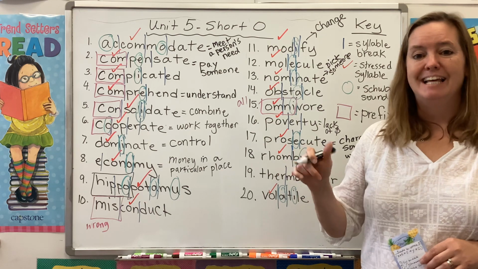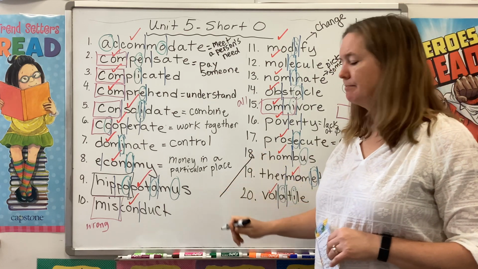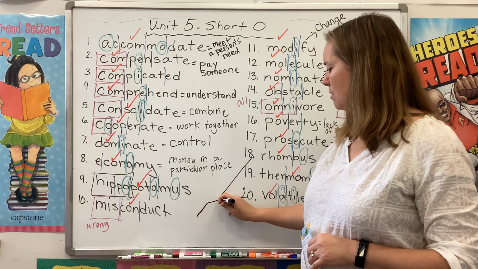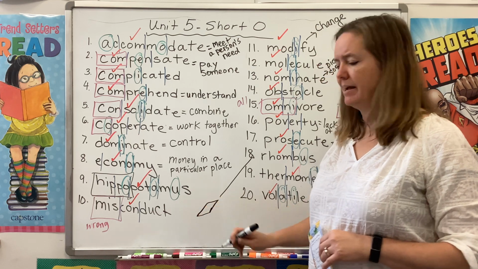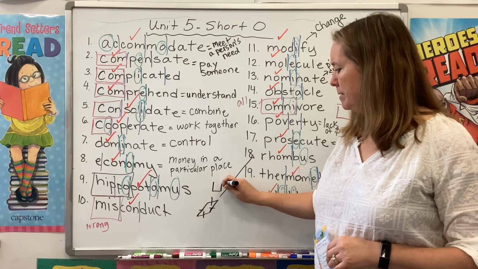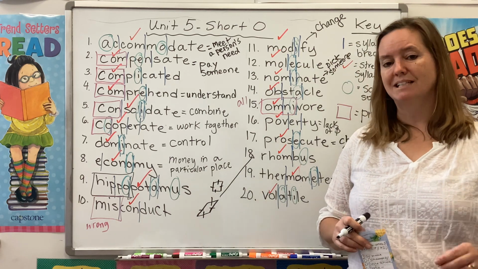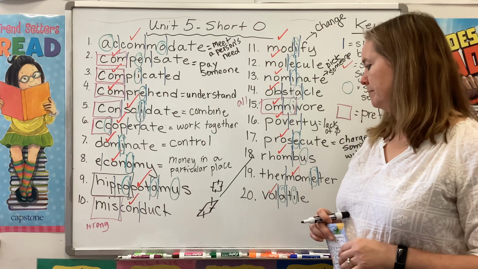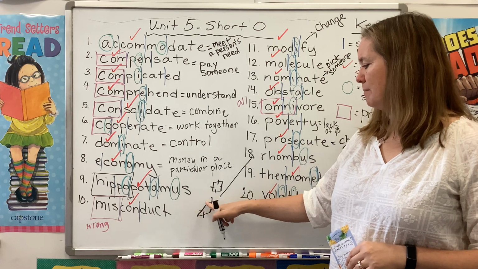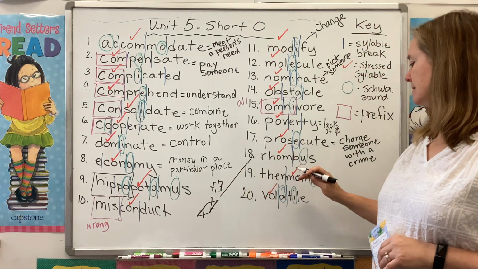A rhombus is a four-sided shape with four equal angles and four equal lengths. So technically, this is what we think of when we see a rhombus, right? It looks like a diamond and all four sides are equal. But a square is also a rhombus. If you think about it, it's got four sides and all four sides are equal. I don't know if I said four equal angles, but erase that, because obviously this rhombus does not have four equal angles. A rhombus just has to have four equal sides. Okay,